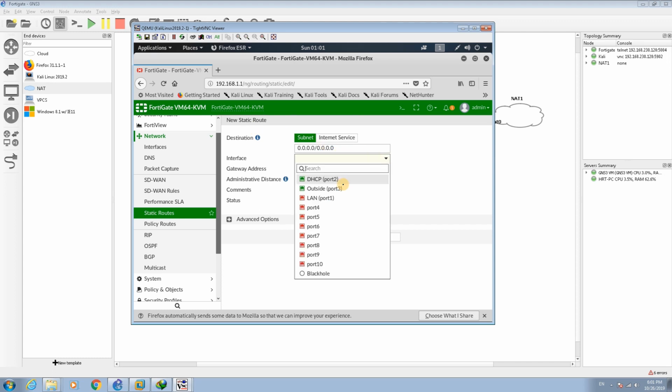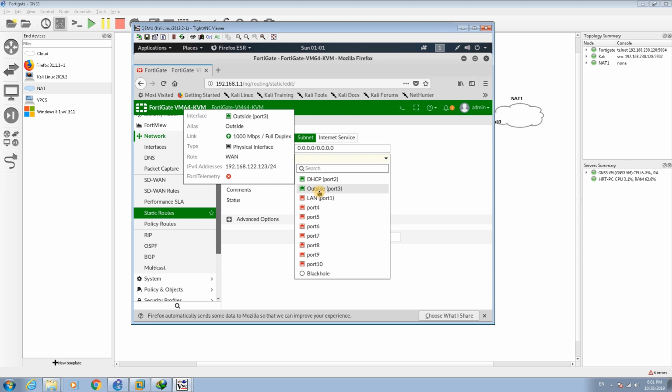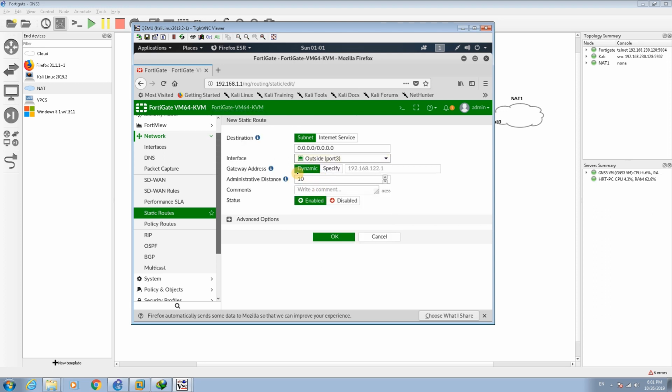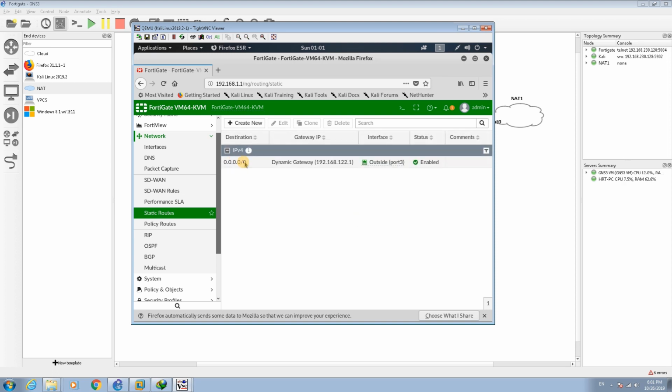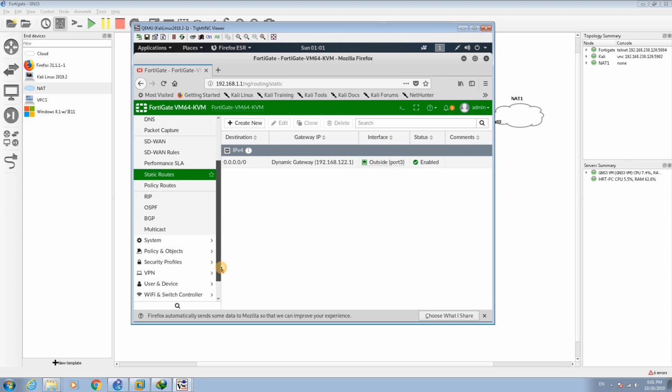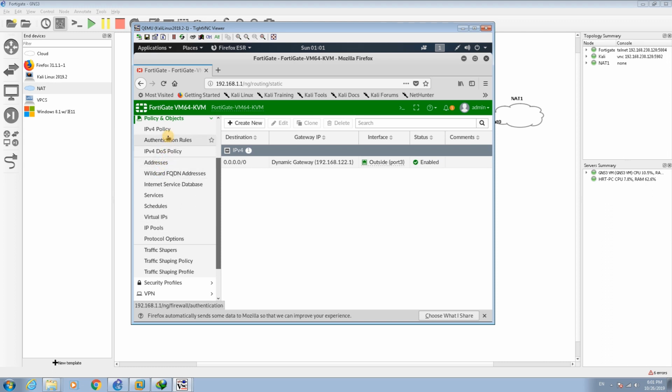So here the interface, the traffic is gonna be on the outside interface, and the default gateway is 192.168.1.221. So I accept that, and now I have the default route from my FortiGate firewall to the internet. It's really important to set the default route in the firewall, because otherwise your traffic is not gonna pass through the firewall to internet. And then I go to policy and objects in the